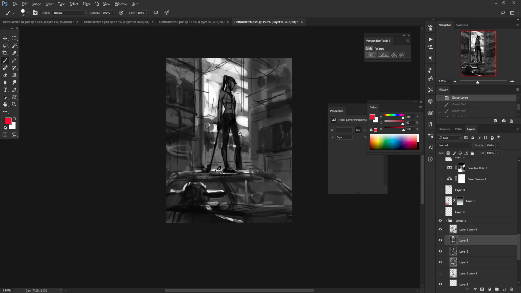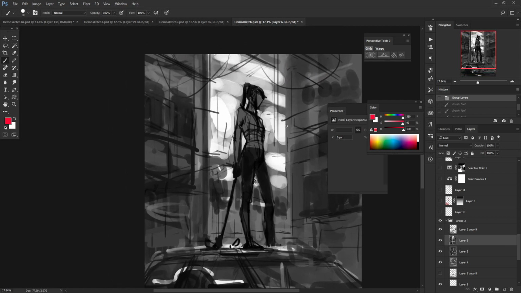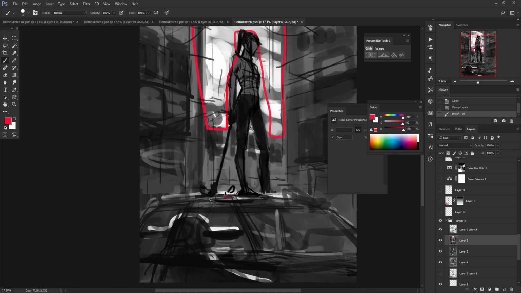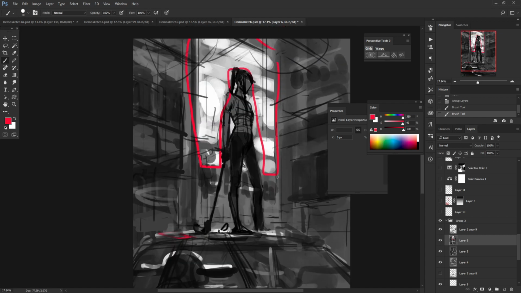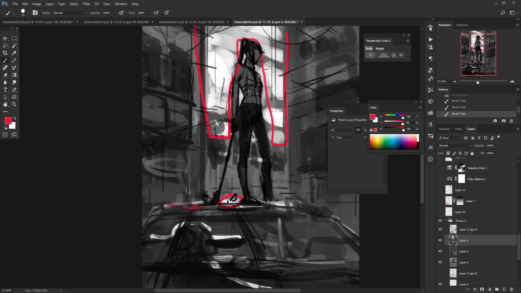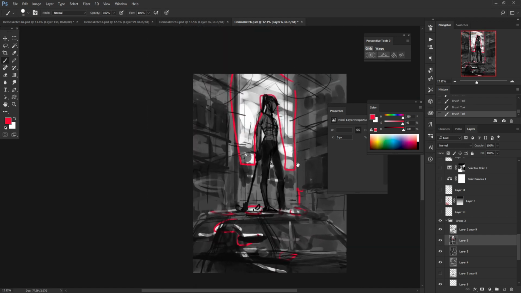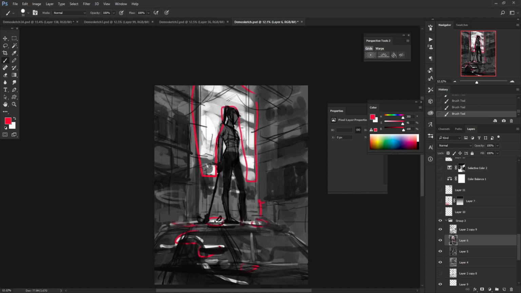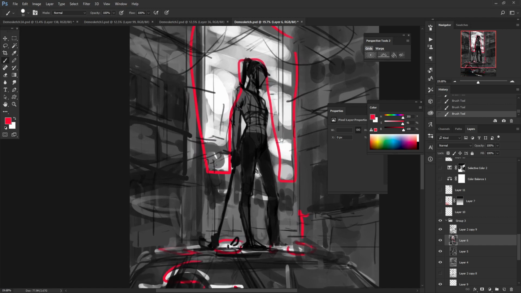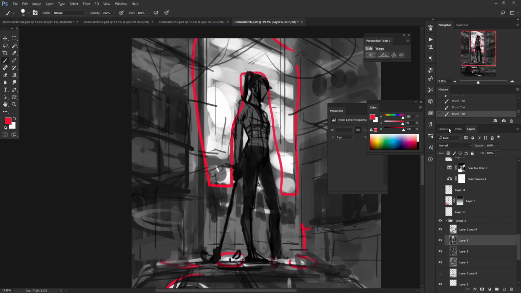So this is the third option that I settled for, which is essentially to have the character standing on the car and have a bright light in the background shine and silhouette the character against the background. And then we have nice little highlights reflecting light off in the foreground. I thought this setup was quite interesting, right? So it's already been like 40 minutes, so I'll hurry up a little bit. Right, so with this basic idea,